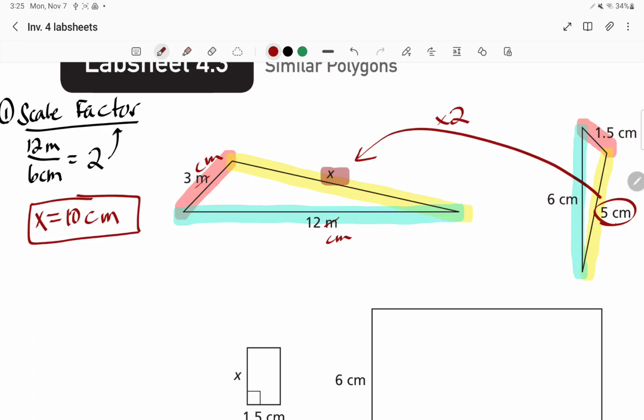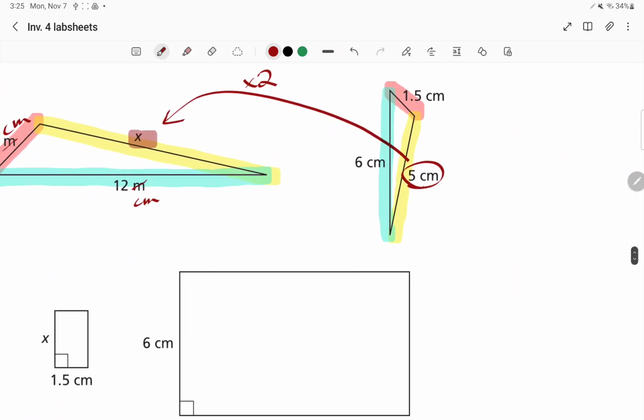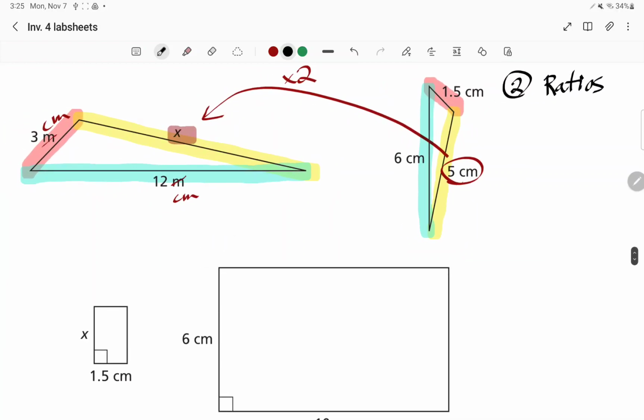Okay, so we can use scale factors. Here's the other one that I'm going to do. The second way is to use ratios of corresponding side lengths. So for the big triangle, we need to figure out what X is, right? So X over, let's say, 12. So yellow over turquoise, and we're going to do yellow over turquoise over here for the smaller triangle, so 5